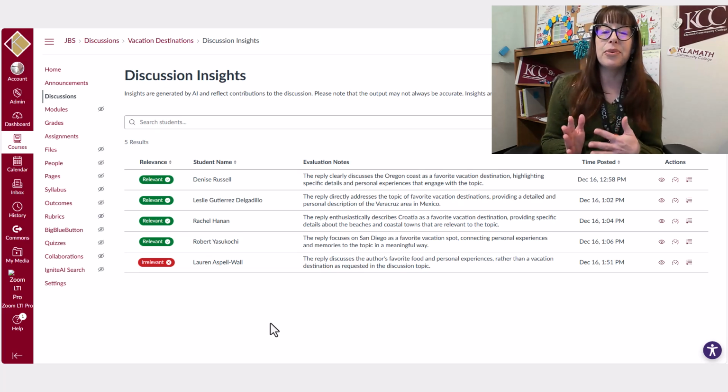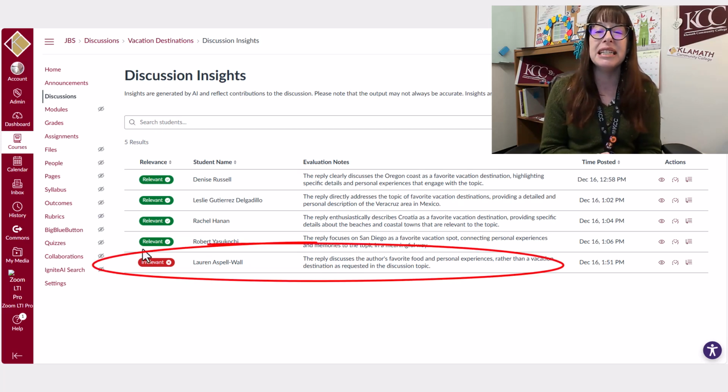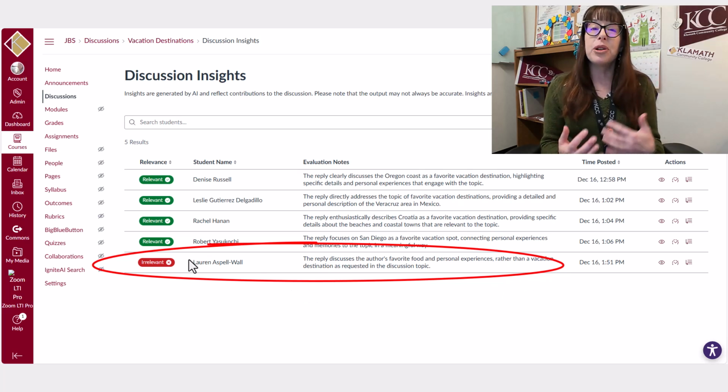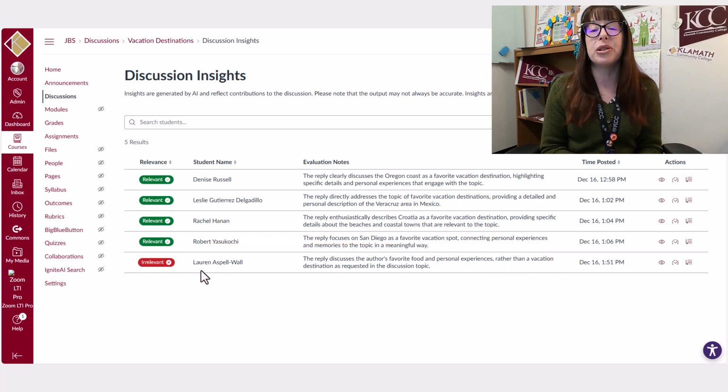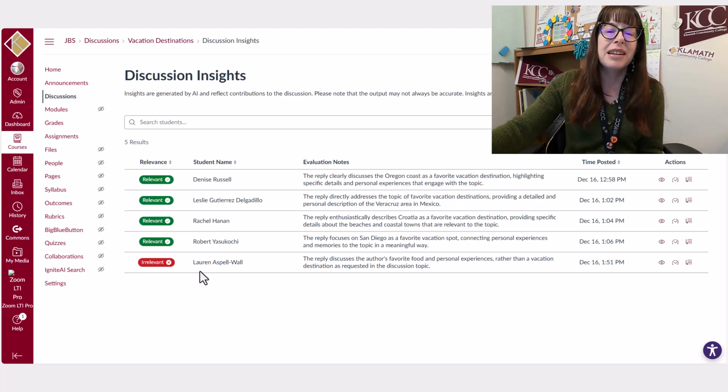So in this example, we can see that one of the 5 students has posted something irrelevant to the topic. If this were a real class, I could use this opportunity to reach out to her before the due date. So this is actually a pretty great feature. But